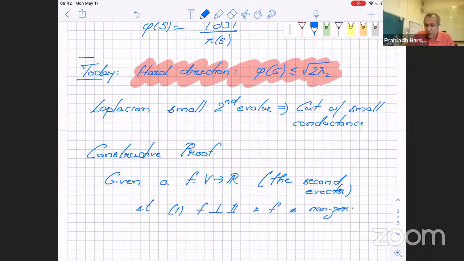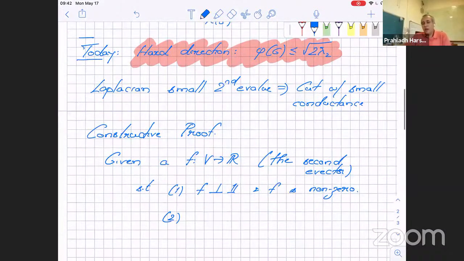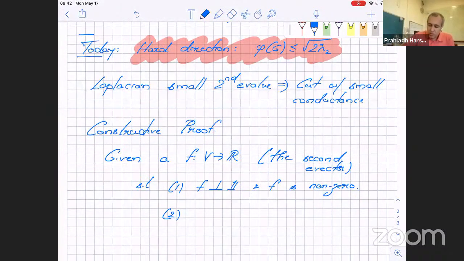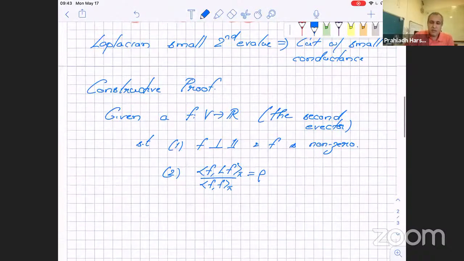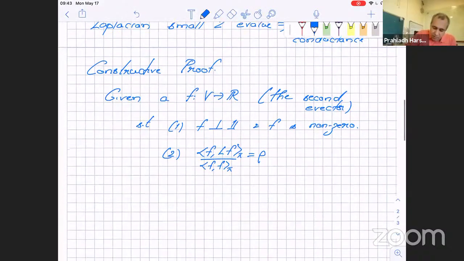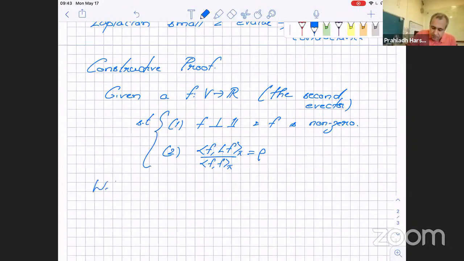By orthogonal, it's in the pi inner product. And two, the corresponding Rayleigh coefficient for f is small. In particular, if it was a second eigenvalue, it would be small. So if the Rayleigh coefficient of f is rho, then suppose f satisfies this,